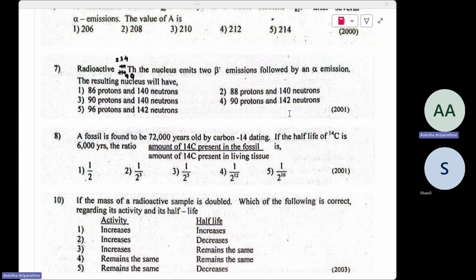If the half-life of carbon-14 is 6,000 years, the ratio of carbon-14 present in the fossil to the amount of carbon-14 present in the living tissue is